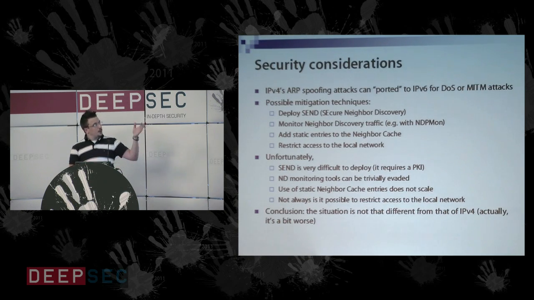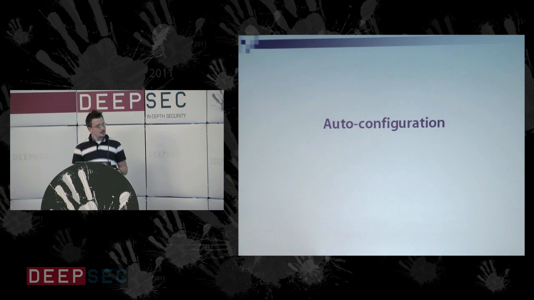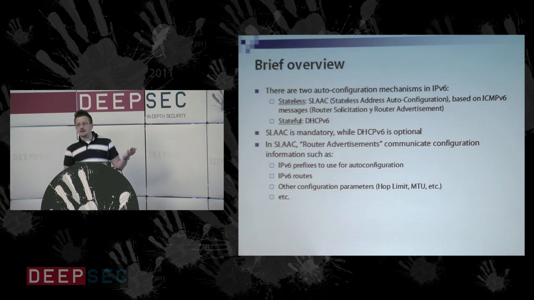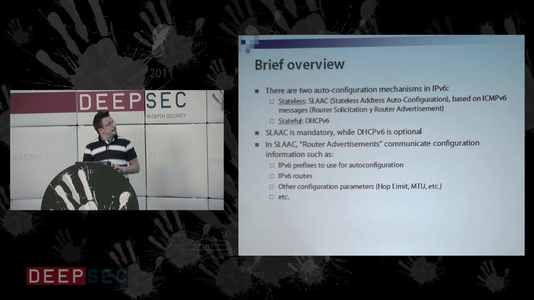So the summary with neighbor discovery attacks is that the situation is not really that different from before, but it's just a little bit more complicated. A few words about auto-configuration. In V6, we basically have two mechanisms for auto-configuration. One of them is stateful, which is DHCP, analogous to DHCP version 4. And the other one is what's usually referred to as SLAAC, or stateless address auto-configuration, which is based on ICMP